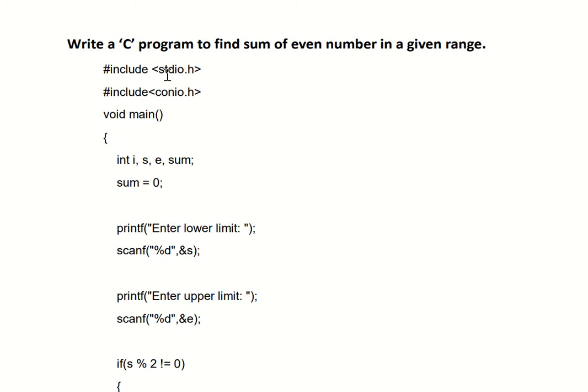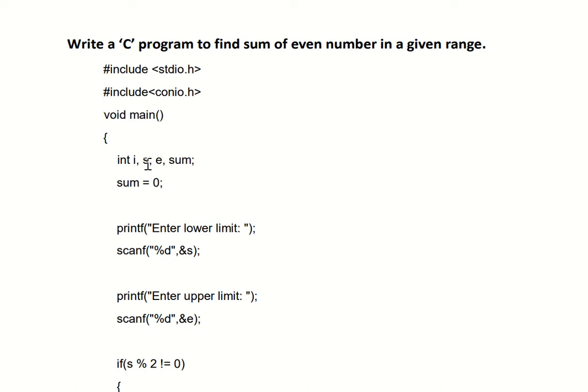#include <stdio.h>, that is the header file required, and #include <conio.h>, which means console input output. So we have used two header files in this program. Now the next thing is the void main function. Open the bracket, and for this program we require some variables. One by one I will tell you the meaning of each variable and why we have used it. First is i, because in our program we are going to use a for loop, and for that we require one variable.